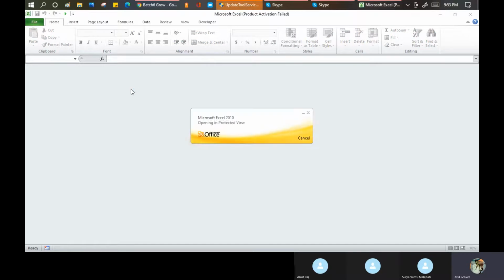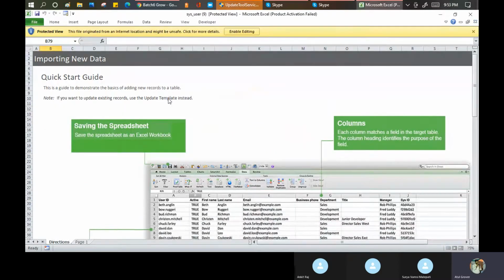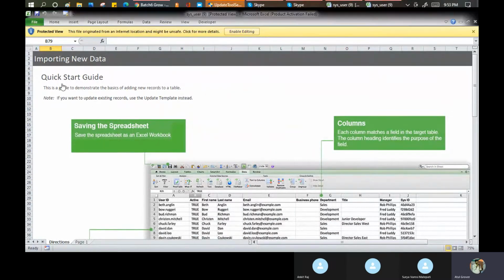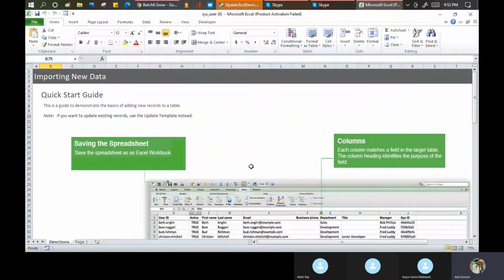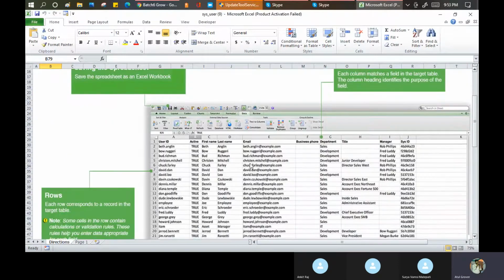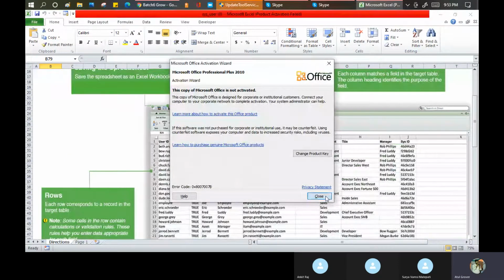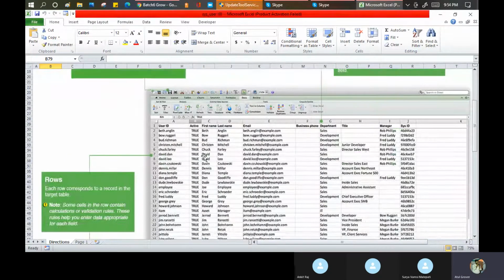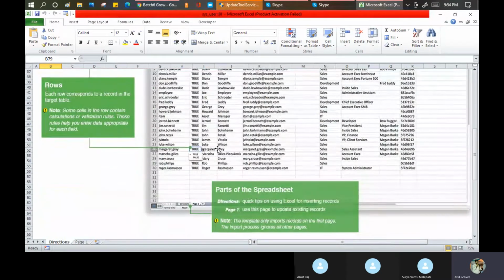No need to create any data source or data load, nothing. सब हो जाएगा यहाँ पर. Let it be open. See, the first sheet contains how you need to put the data in this Excel sheet. देखो, पूरा screenshot के साथ ServiceNow gives you the explanation. ये rows हैं, ये columns हैं, ये records हैं, ये headers हैं मेरे. ठीक है, ये directions हो गई आपकी.